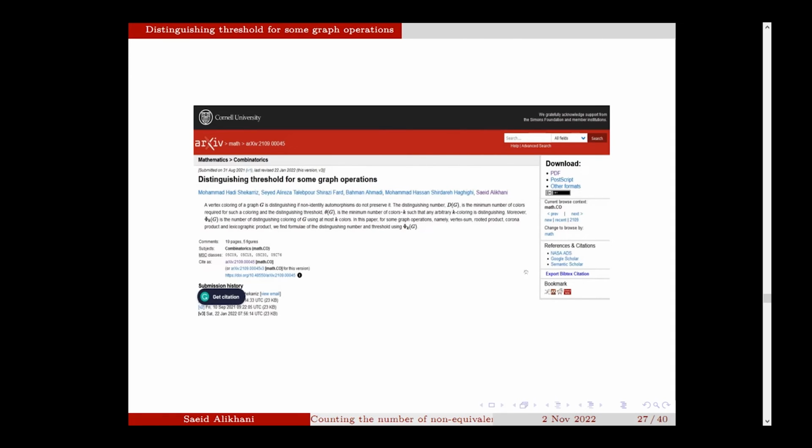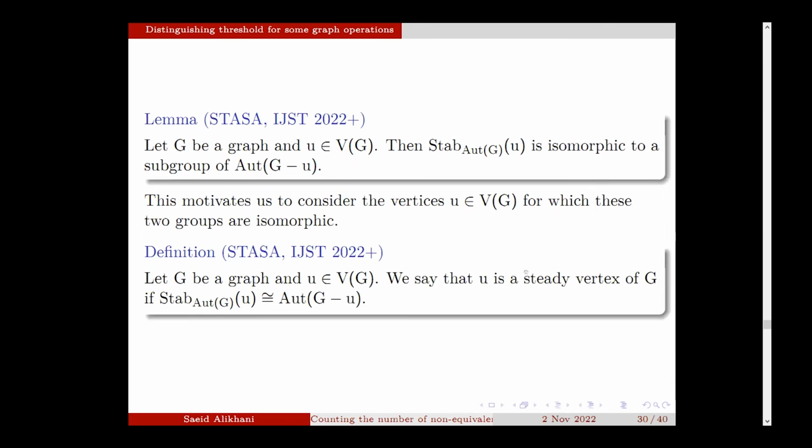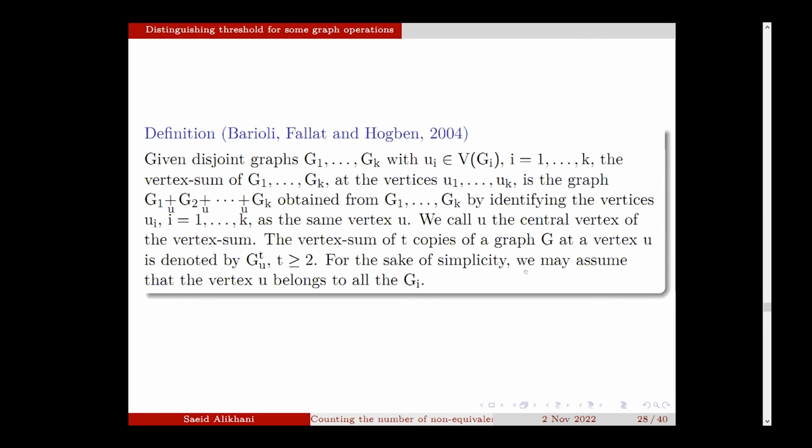I don't remember the name, but you can reach the paper in the archive now. Since the number of quasars here is 5, I cannot write all of them, so I use just some STAs, STASA for the first family name of my quasar. Okay,